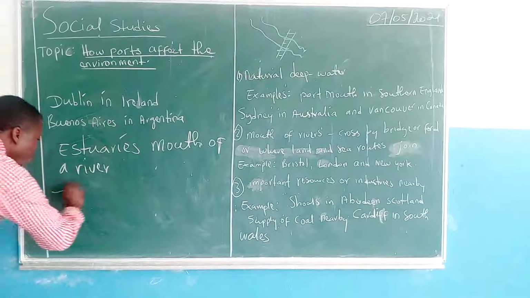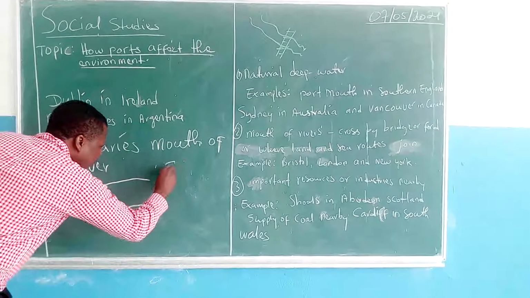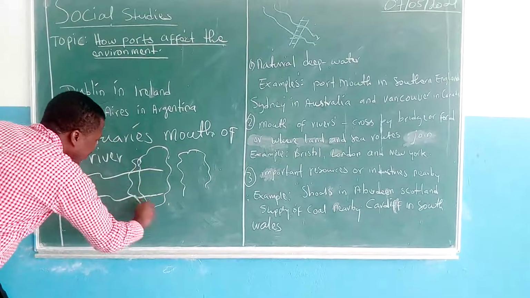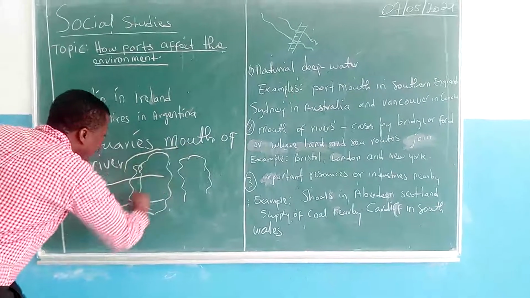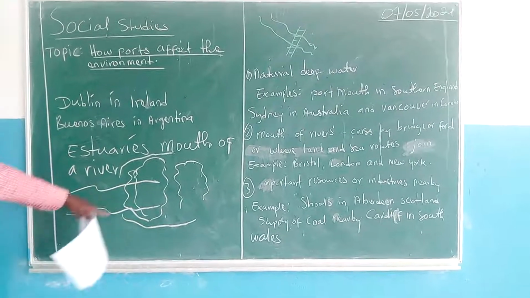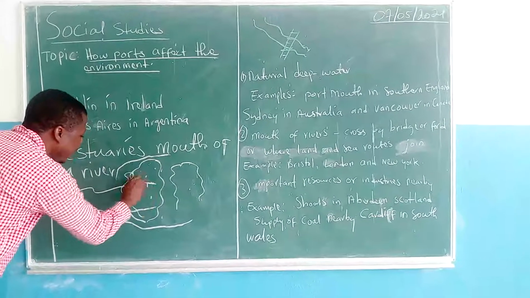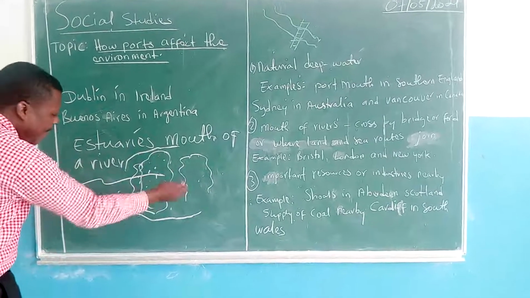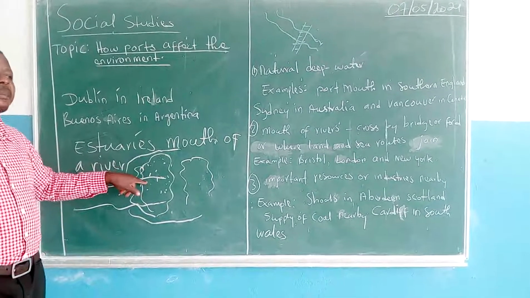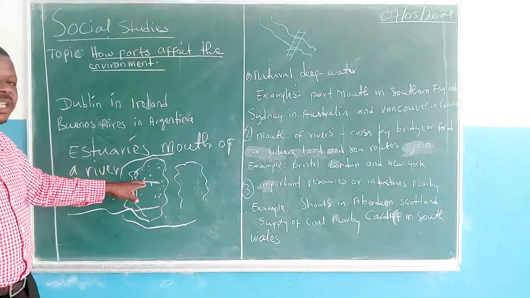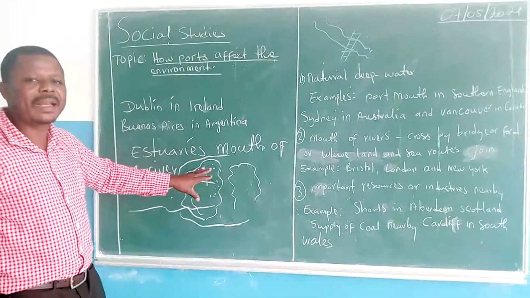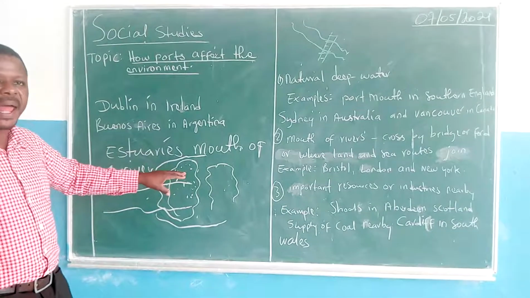Because the river is flowing into the sea, and the sea waves are also coming, they block a lot of material here. This material is blocked and water can begin to circulate around where the river enters the sea. This becomes something like a little island. Because of the materials deposited here by the river being pushed back by the sea, this material is very fertile. As the material is fertile, many plants grow on it. This becomes a piece of land where you can also find animals and wildlife.